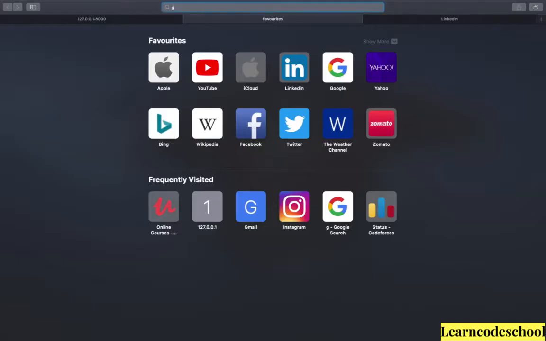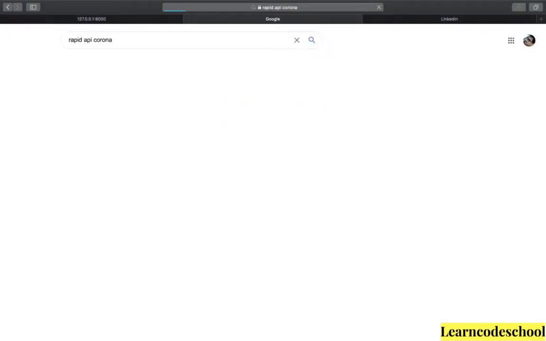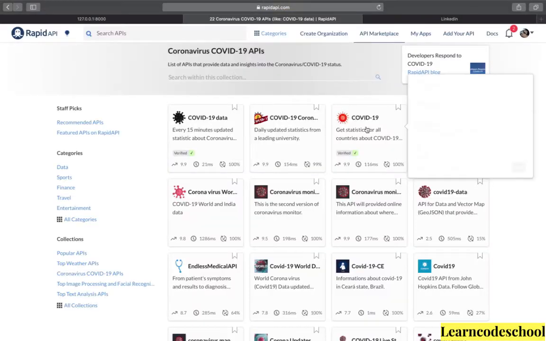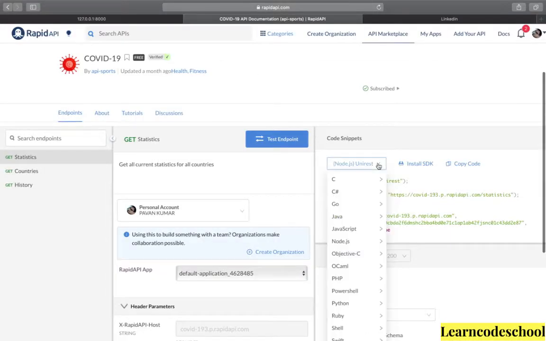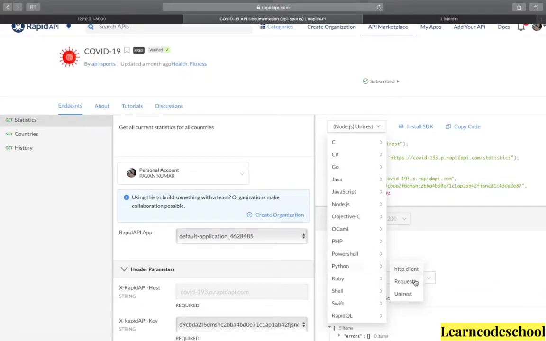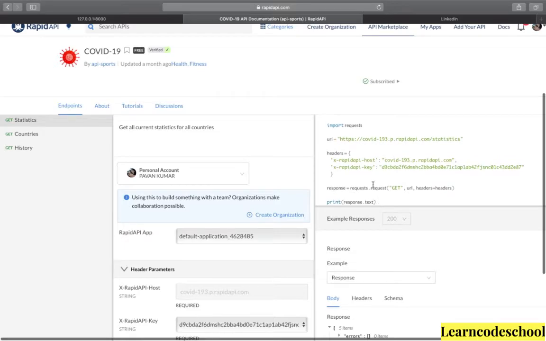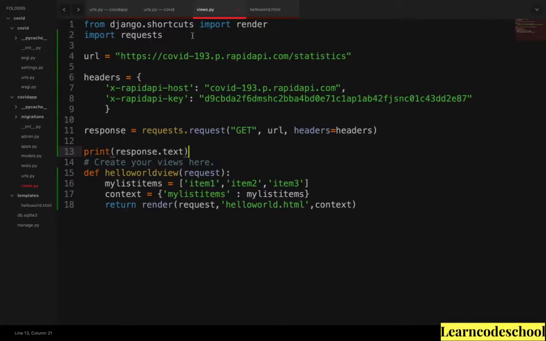So let's get into the Rapid API site and get into this URL and open this API, this orange color one. And then as we are working in the Django, which is a Python framework, click on the Python and then on the request. It will show you some code, just copy that and paste it in your views.py